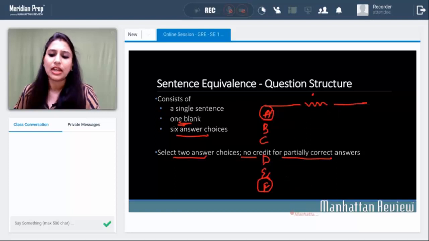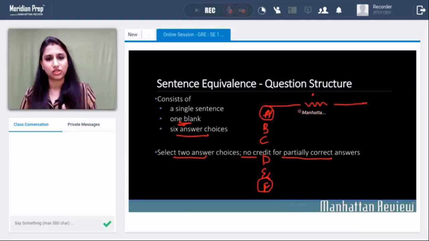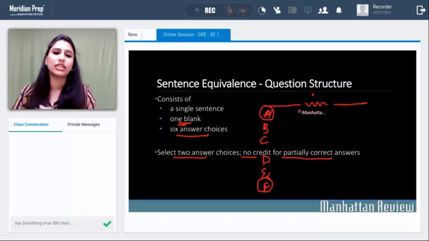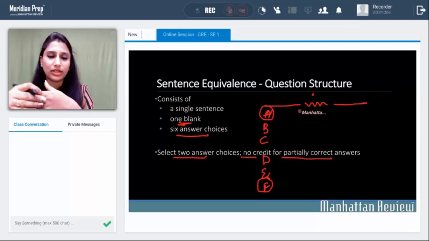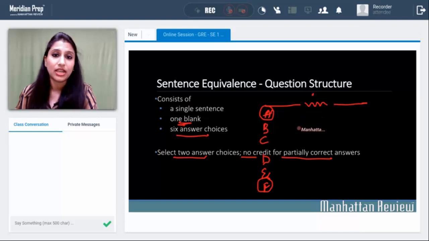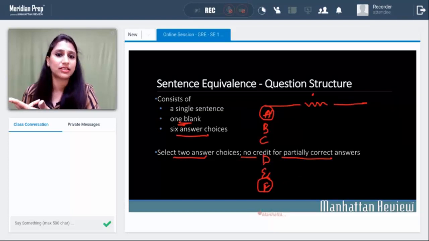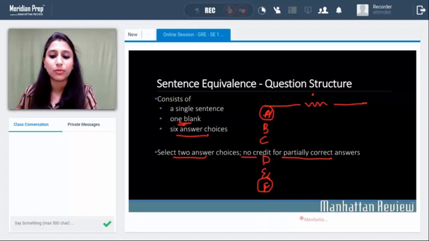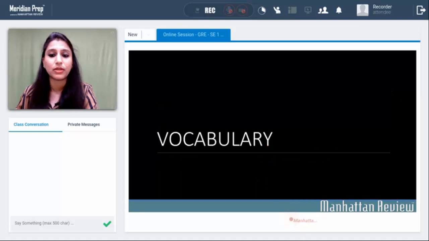All right. Now that you know the structure of a sentence equivalence question, what do you think is important for you to perform well on sentence equivalence? Or in fact, even text completion questions, because there is not much difference between them. In sentence equivalence, you get only a single blank sentence, whereas in text completion, you will get single blank, 2 blank, or even 3 blank sentences. So whether it is sentence equivalence or text completion, the most important thing is you have to be very good